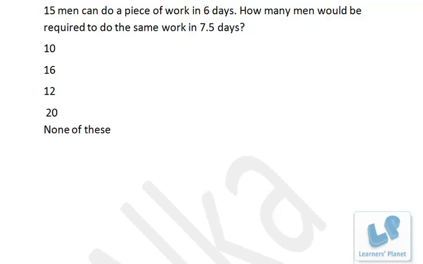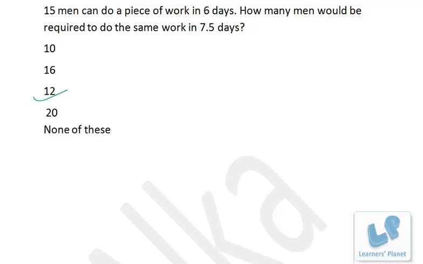Number of days are increasing, right? That means 125% of the original, or we can say 5 by 4 of the original, right? If days are 5 by 4, then the men will be 4 by 5. So 4 by 5 of 15 is what? 4 by 5 of 15 is 12, right? So how many men are required? 12, as simple as that. No need to go for any sort of paperwork, right? If men increase, days decrease, because they are in inverse variation. It's a pretty simple concept, or we can say common sense, right?